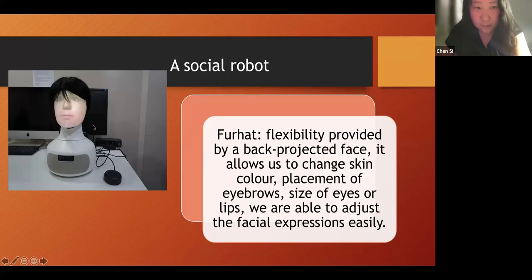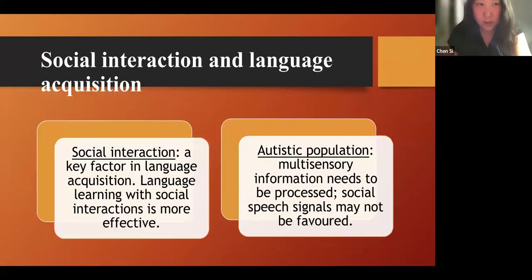It doesn't depend on any motors, and we can easily change the skin color, the placement of the eyebrows, the size of the eyes or the lips, and we should be able to adjust the facial expressions easily. And they also have some technology like lip sync. So when we have the speech, the robot can actually provide lip sync automatically. So we think that's probably something that's worth trying first.